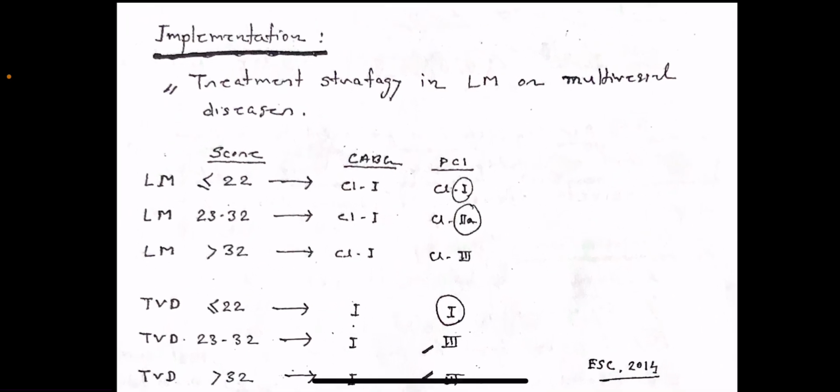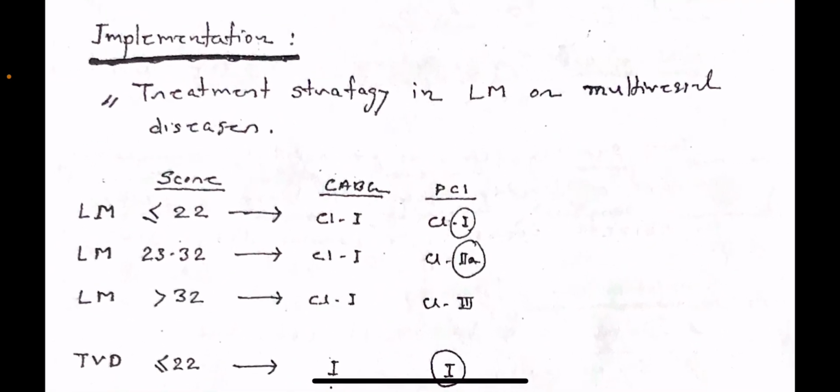Now, implementation. Treatment strategy in left main or multivessel diseases. In left main disease, if the score is 22 or less, then CABG is a class 1 indication. PCI is also a class 1 indication. In case of left main with SYNTAX score 23 to 32, CABG is a class 1 indication, PCI is class 2 indication. In left main disease where the score is more than 32, CABG is a class 1 recommendation, PCI is